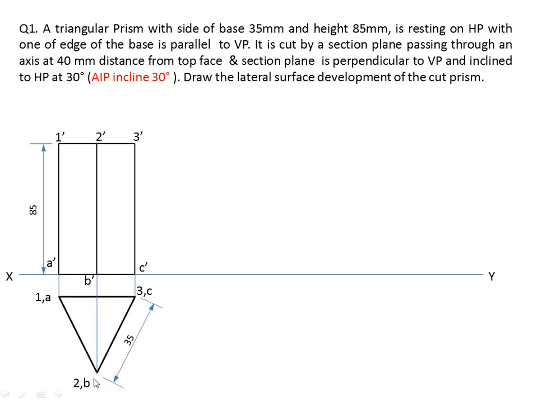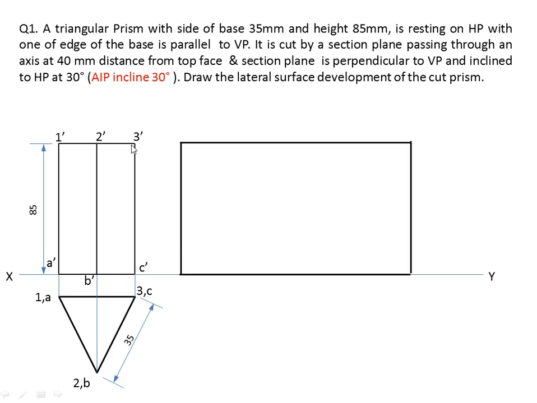Then if you see from the front, we can see this 2B. Now I have given A dash, B dash, C dash, 1 dash, 2 dash. I have given dashes for the front view and in the top view A, B, C. Now here 1, A. That means when we see from the top, you can see the first point 1. After that you will see the A. Again from this you can see 2. Then below that there is a B. So in this way we will draw.